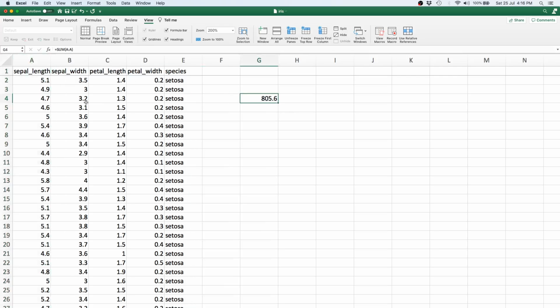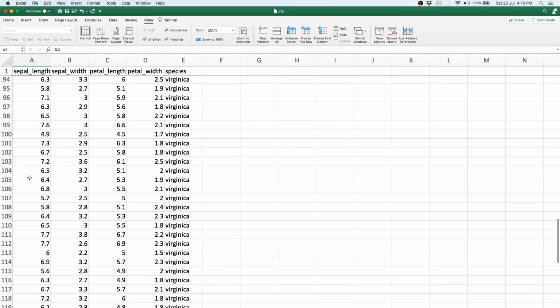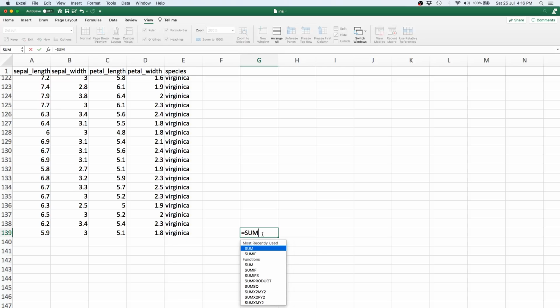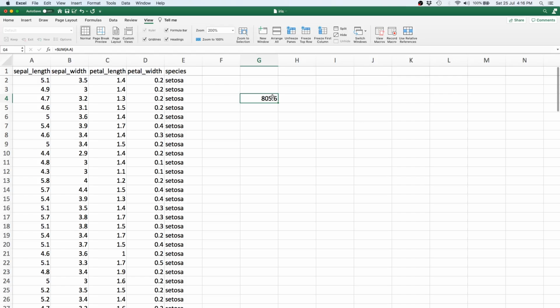Of course, if we also knew the exact length of the column, we know that the numerical values start from row number 2 and go all the way up to row number 139. So I can also have a specific range instead of the whole column. So for example, I can have sum of A2 to A139. And you see that we get exactly the same value. But of course, it's not always possible to know the complete length of the column without scrolling down. So that's why we can just use A colon A wherever it applies.